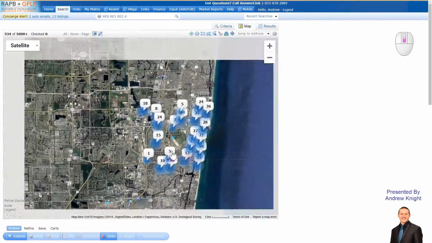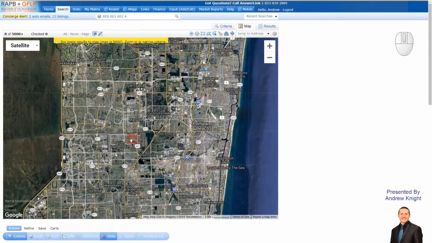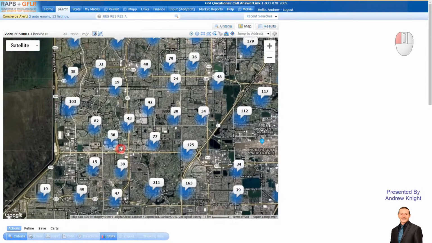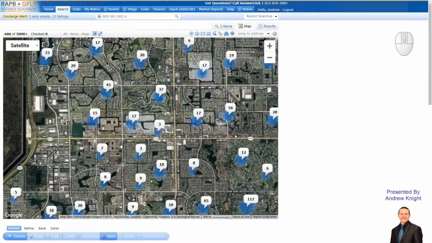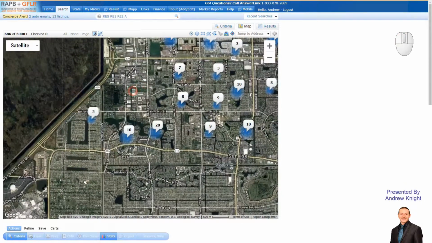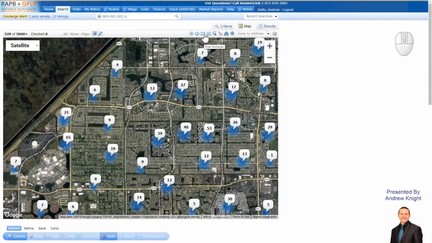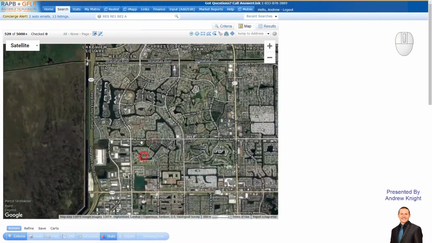So as you zoom out of the map, the MLS will search the entire map area, and as you zoom in, it will show you the properties available in those particular areas. So I showed you how to use the rectangle tool, and then what I want to show you is how